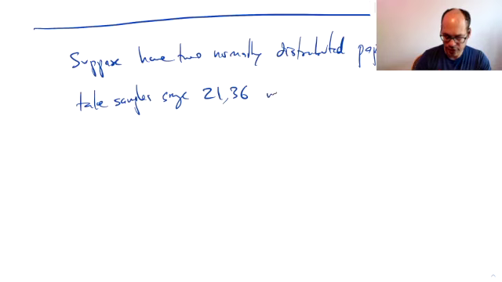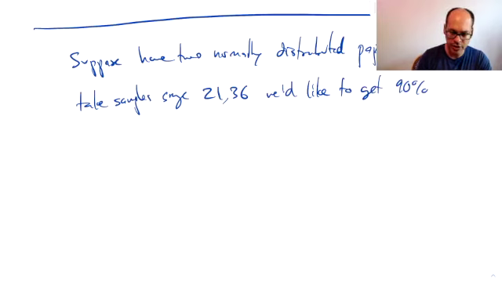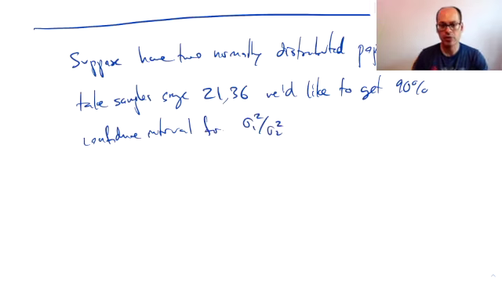And we'd like to obtain a 90% confidence interval for the ratio of their variances. So these populations have normal distributions, but the parameters of these normal distributions are unknown. They have some unknown means and variances. And what we can do is measure, of course, the sample variance. And we want to know how good is our approximation, what is our 90% confidence interval for the ratio of